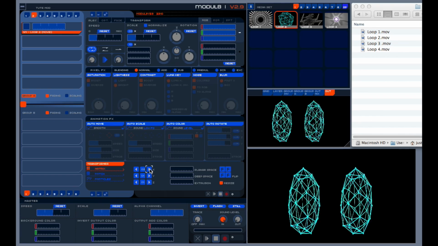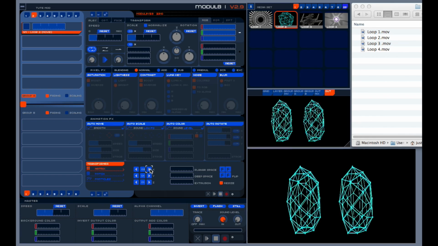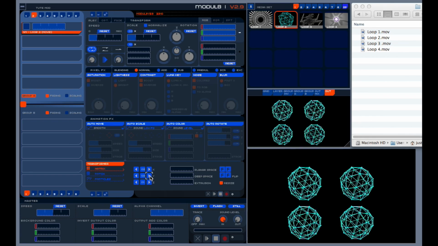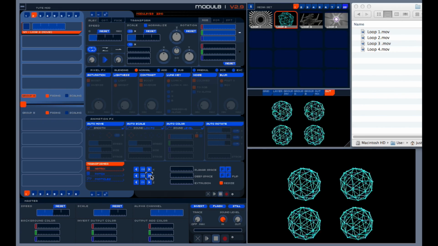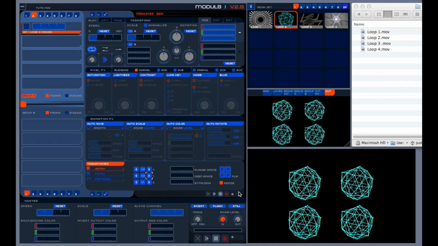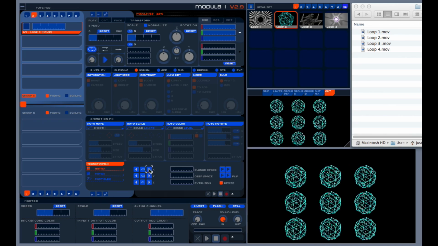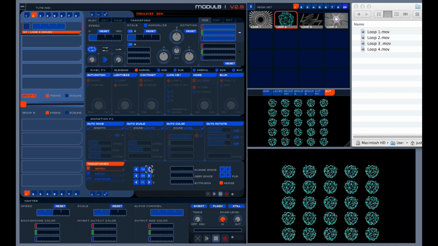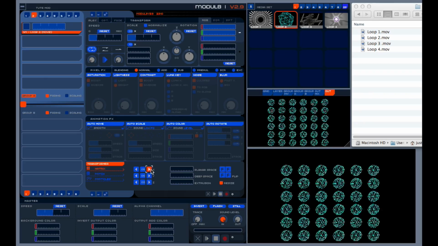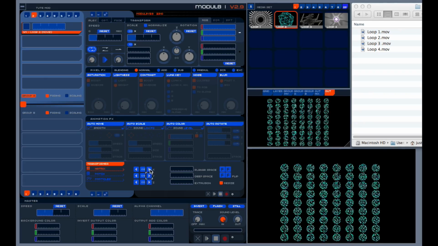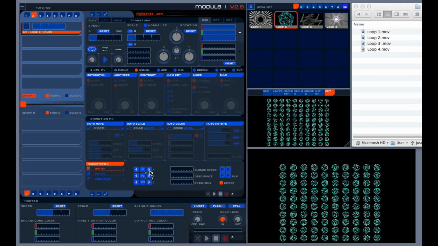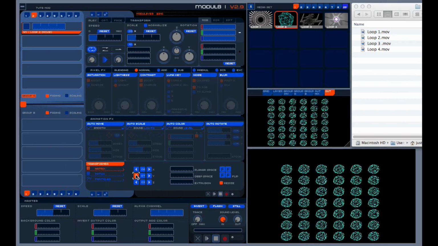But if I go 2 on the X-axis, it doubles it left and right. And if we have 2 on the Y-axis, then we have left and right and up and down, 2 of each. And I can just keep adding like so. So that's a quick way to get an effect. 10 seems to be our limit. Now, if I take that back down